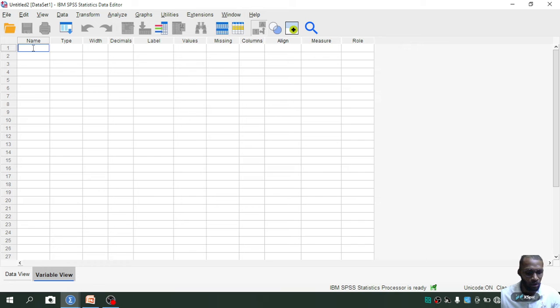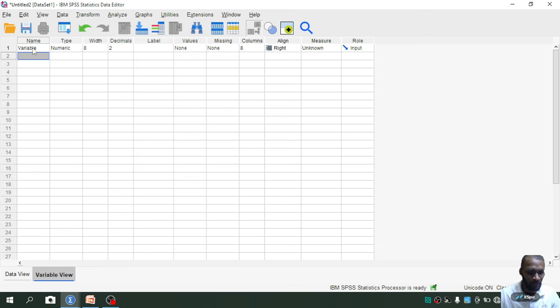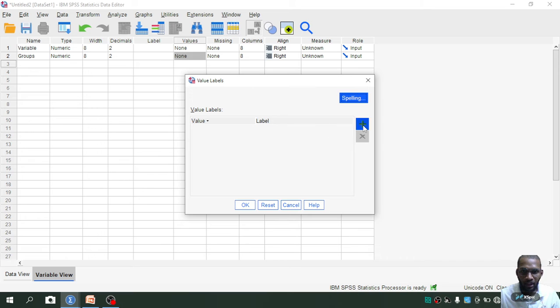In the first column you put the variable name, or whatever name you want to assign. The second column you name as groups. After assigning this, you have to go to the values, and then add the values. That is, 1 stands for